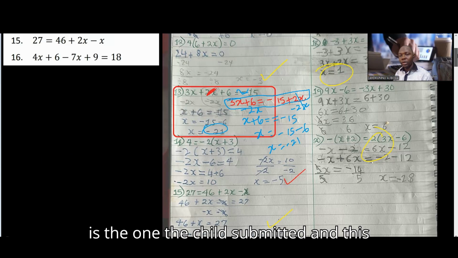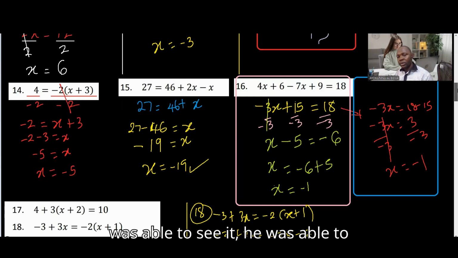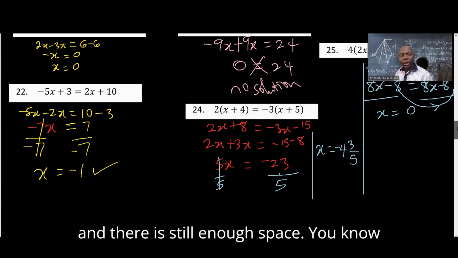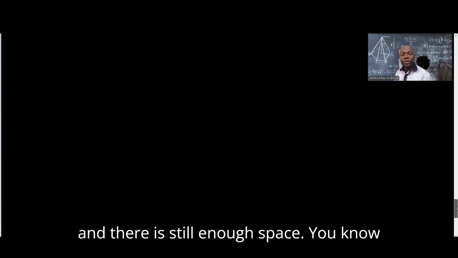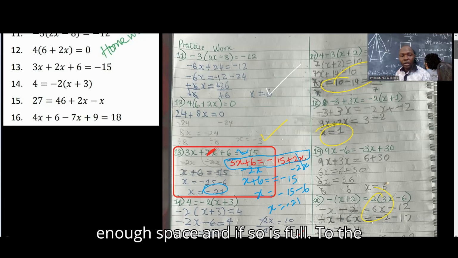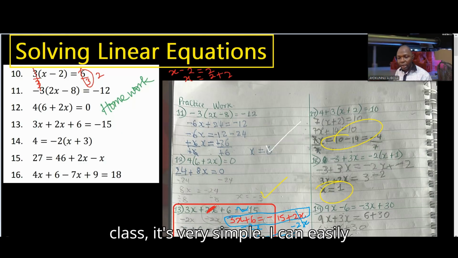This is the one the child submitted, and these are my own explanations. And the child was able to see it, he was able to copy, and you can see how it goes down. And there is still enough space. If you look at this, you can see there's still enough space. And if perchance it is full to the end and I'm not through with the class, it's very simple. I can easily scroll to the right and still continue to have access to another whole length of about 4,000